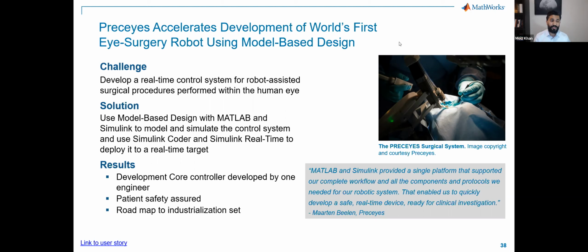And I'll talk about some specific surgical robotics related cases here as well. So Preceyes, they are a company out of the Netherlands. They actually develop surgical robots, full platforms that can do surgery on the eye, which requires a lot of precision. So in this case, Preceyes actually used the tools that we have developed using a lot of our, as I mentioned, computational mathematics over time, and they were able to use that to formulate their problem, develop a controller that can actually control the robot,